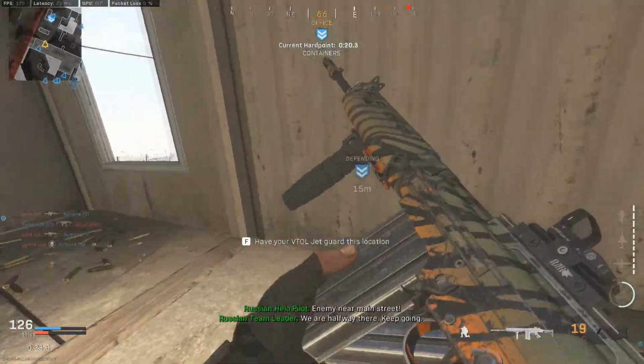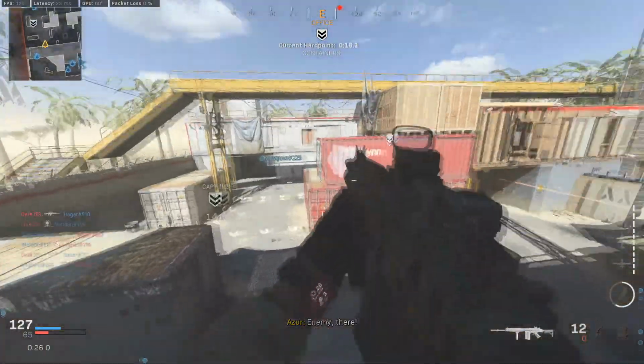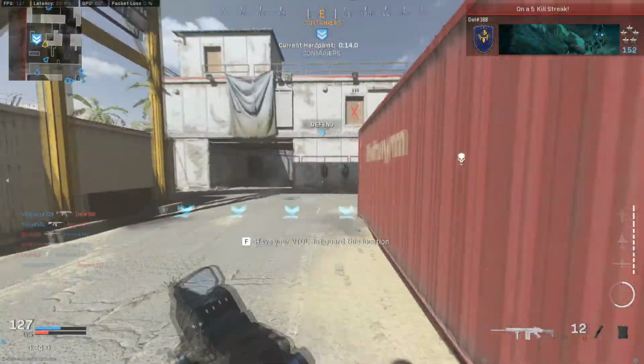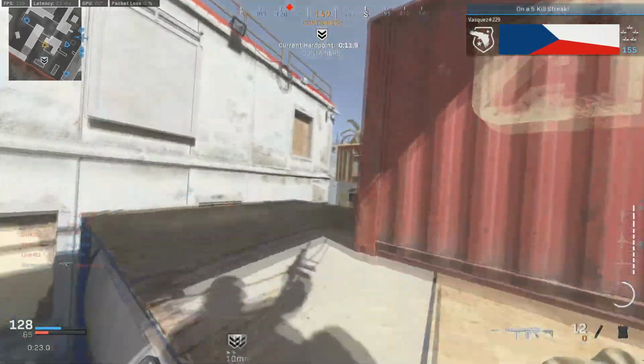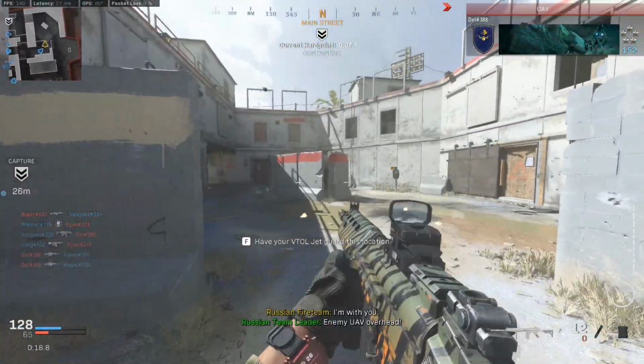Couple of tags there. This is another one of those weapons that did get hit by the no-stock nerf, but it wasn't too significant. It's one of those weapons where it could survive on its own without the no-stock, so just having that extra aim down sight speed is very, very strong. So if we come around the corner here...